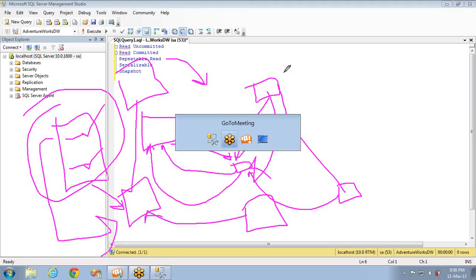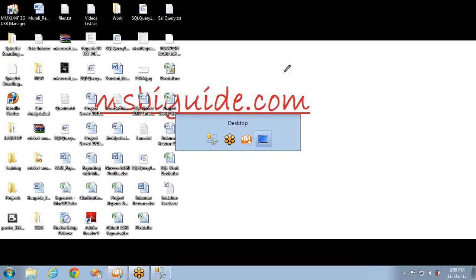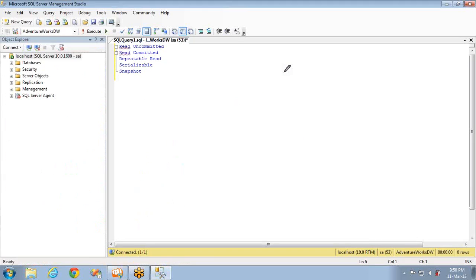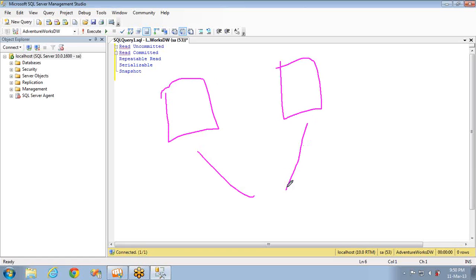And the fourth one is serializable, about which I don't know much, but the only point I know is that if you apply serializable, the transactions will be executed serially. What is meant by serializable? Parallel means both will be executing at the same time, right? This transaction, this transaction. But serializable will make the transactions execute one after the other.